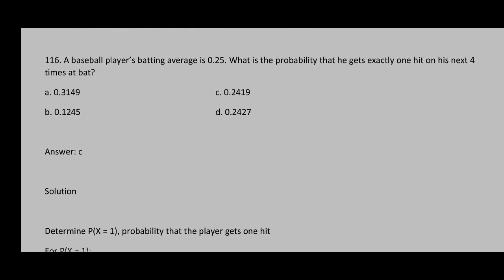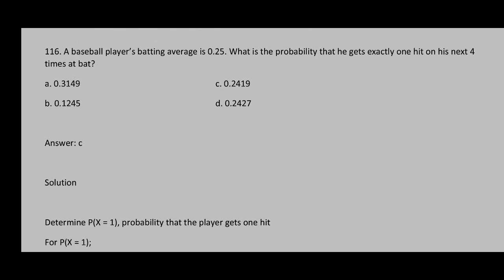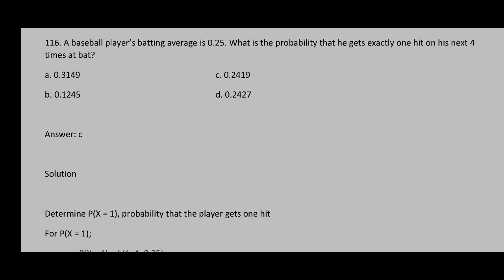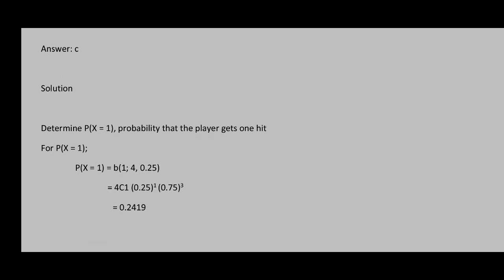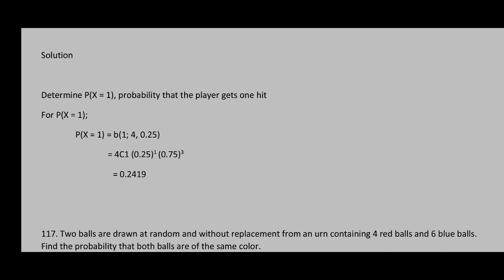Next, problem 116. A baseball player's batting average is 0.25. What is the probability that he gets exactly one hit on his next 4 times at bat? Kung nakita mo yung problem niya sa board exam, sagot diyan ay letter C, 0.2419. And the solution, determine P of x is equals to 1 or probability that the player gets one hit. P of x equals to 1 is yung